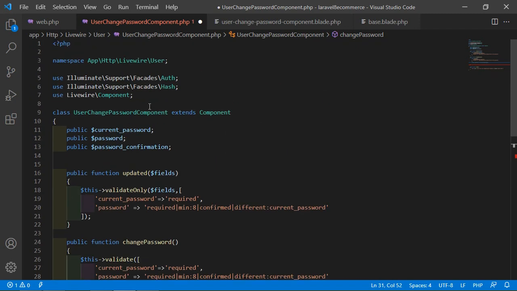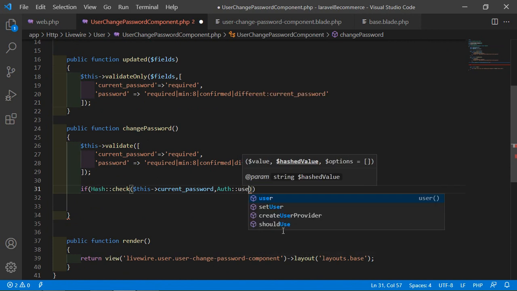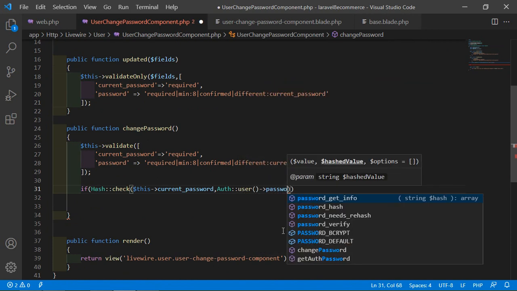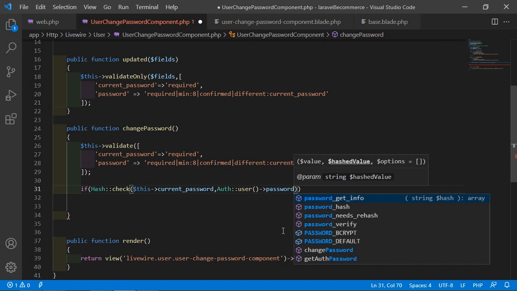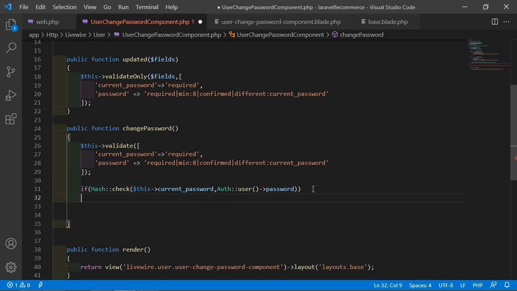Alright, and also import here the auth like this, Auth::user, and let's switch here the password. Okay, if current password is equal to this one, it's true, then